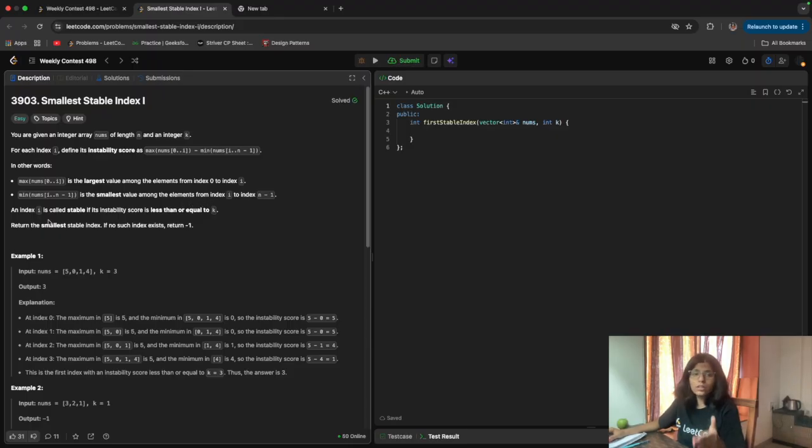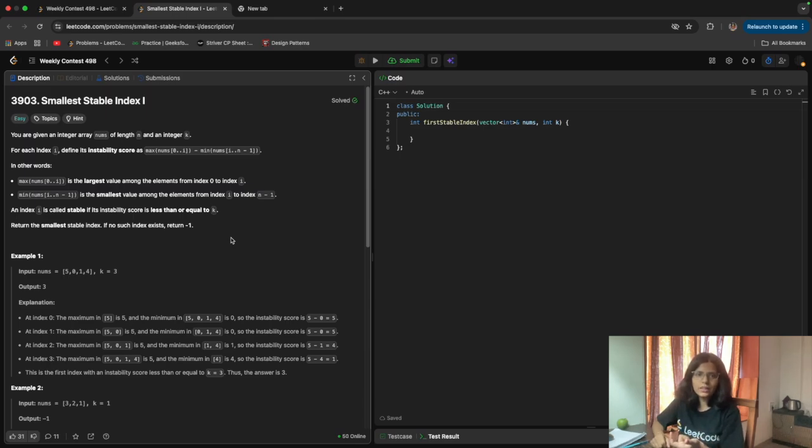And index I is called stable if its instability score is less than or equal to k, and we need to return the smallest stable index. If no such index exists, we need to return minus 1. Basically we need to find the max value from the 0th index till that index, and subtract the min value which we find from that index to the n minus 1th index, till the array ends.